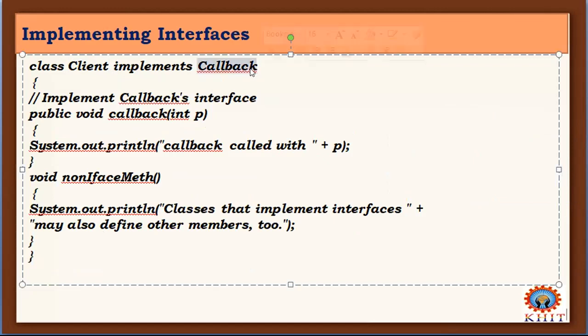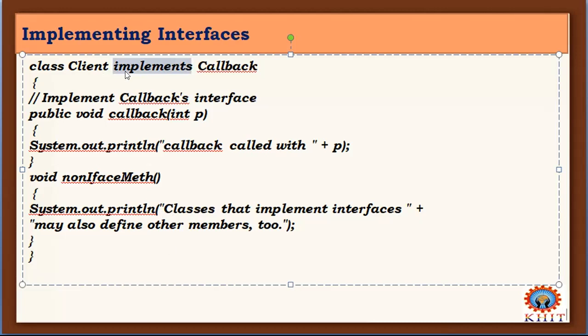This callback is an interface. Okay, ఈ callback అంటే ఏంటి? ఇంటర్ఫేస్ ఇది. ఇప్పుడు ఈ క్లాస్, ఈ క్లయింట్ అనే క్లాస్ కి callback అనే ఇంటర్ఫేస్ కి రెండింటికి మధ్య రిలేషన్షిప్ కావాలంటే implements అనే కీవర్డ్ రాయాలి. That is what you need to observe here. So you need to write an implements keyword.